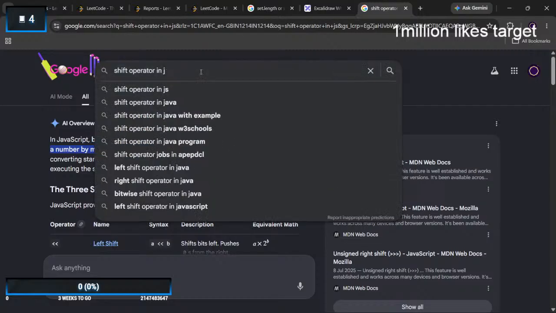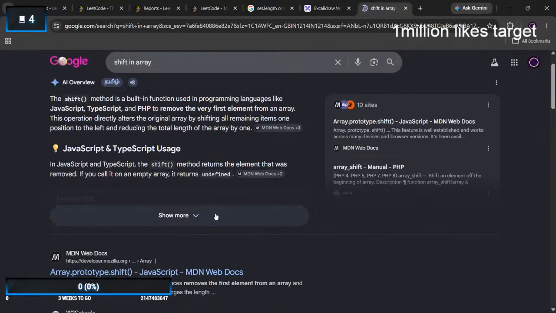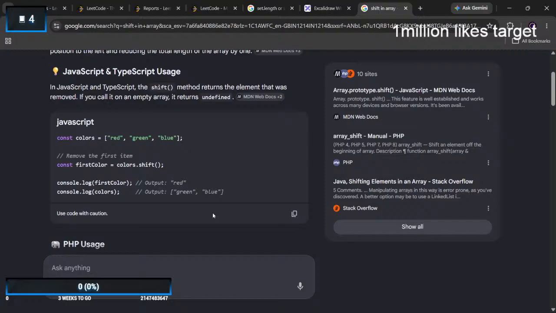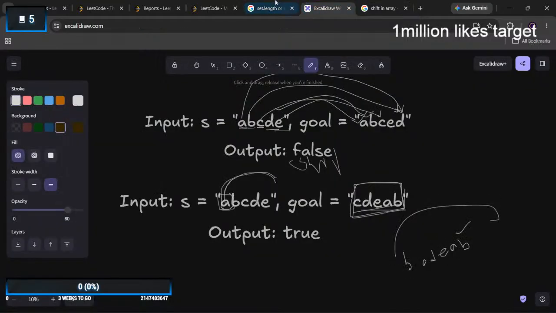So until my s is not equal to my goal, I will shift every character to the end of my string.